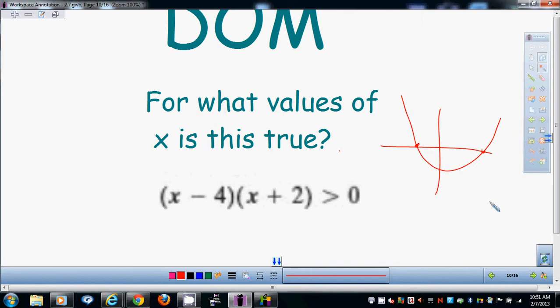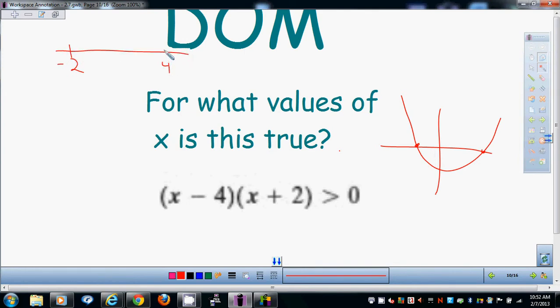If you don't want to graph it, which you are going to need to know how to graph these for the test, so that's the ideal way. But if you don't want to graph it, then here's another thing you can do. We actually did something like this in chapter 2. The zeros of the function are the only possible places, as you can see from this graph. And when it crosses the axis, that is the only way that it can go from being greater than or less than 0, or it can change. So if you want, just make yourself a number line. Negative 2, 4,